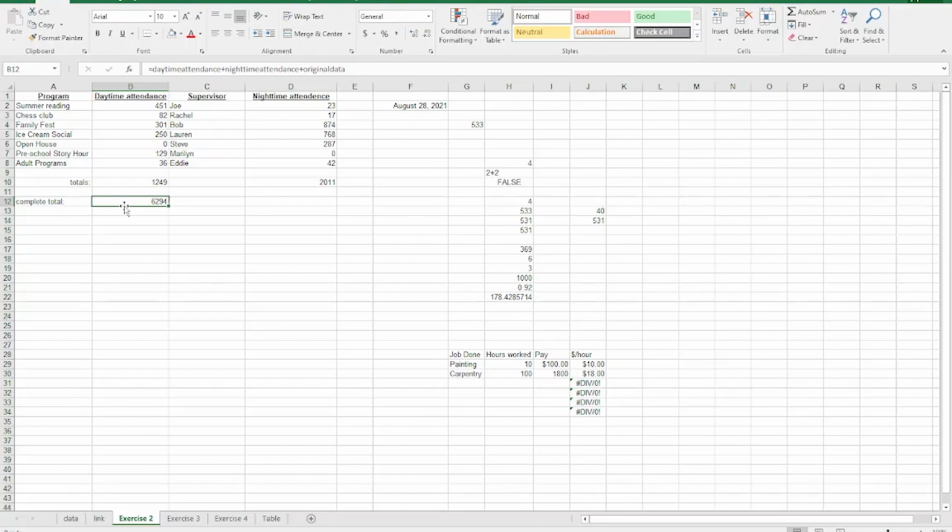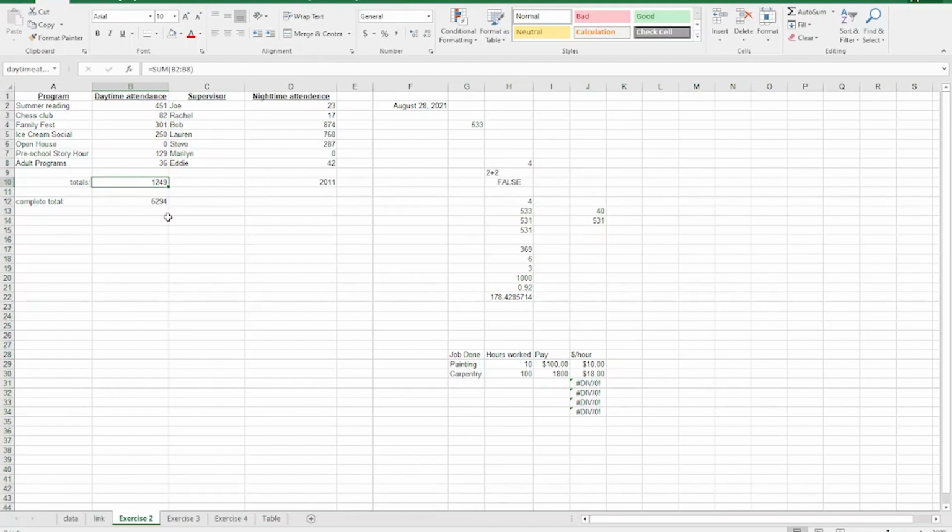So those are some of the most common error values that I see when helping people with this. One more thing that I want to show you is a way to check your mistakes or make sure that you're getting the right answers before you go on. So when I typed in a function here, I'm pretty confident that this worked. I've used the sum function many, many times, and I know that that is correct as typed in. But if you're new to this and you just want to double check your work before you give somebody an answer,